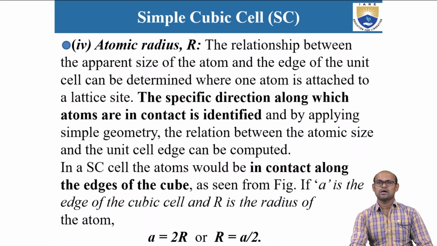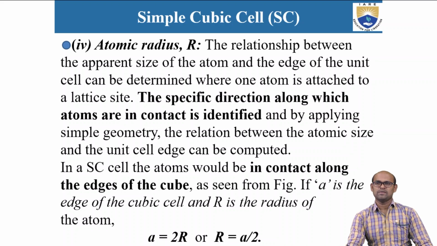I am denoting this atomic radius by R. The relationship between the apparent size of the atom and the edge of the unit cell can be determined where one atom is attached to a lattice site. So atomic radius is a relationship between the apparent size of the atom and the edge of the unit cell. The specific direction along which atoms are in contact is identified, and applying simple geometry, the relation between the atomic size and the unit cell edge